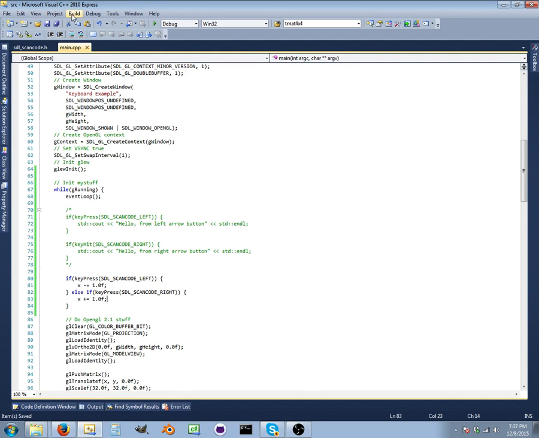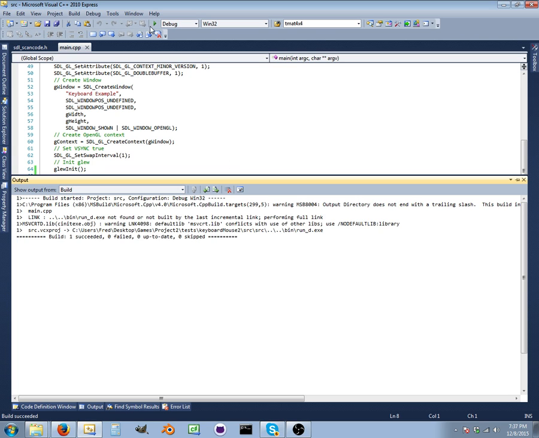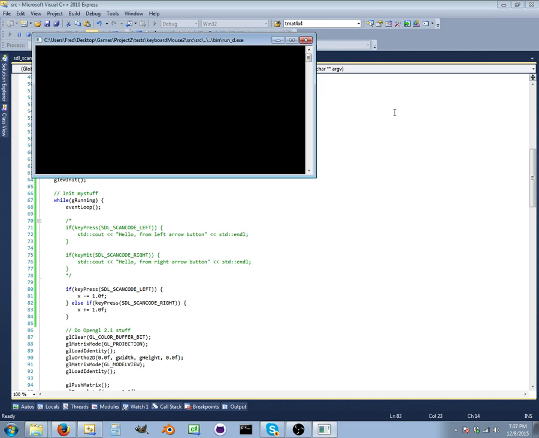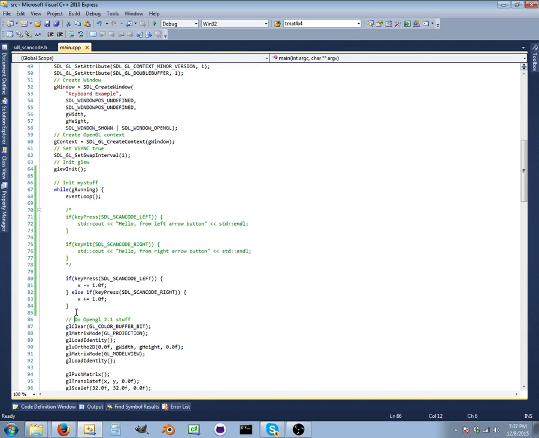So let's just play it safe, test it right here. And the box should move on the x-axis. Yep. Works nicely. So now let's get it working with the y-axis. So if key press, and we'll make sure that it stays within the keys that we want to. So it's going to have a key SDL up, else if key press,